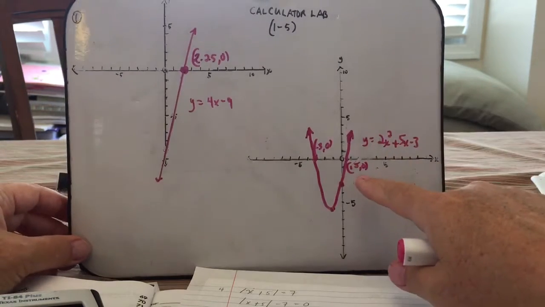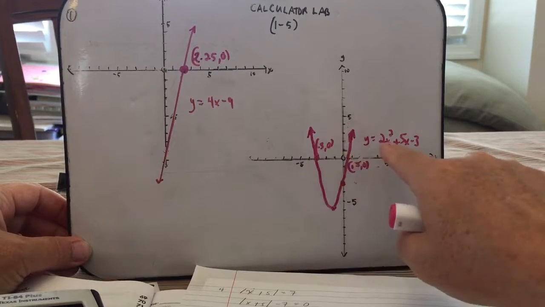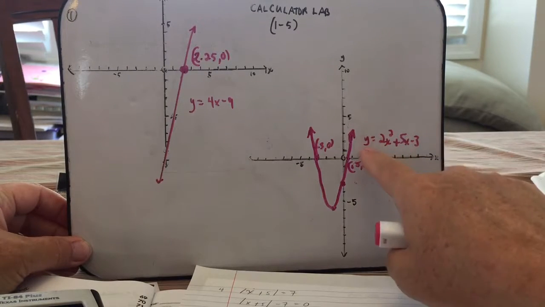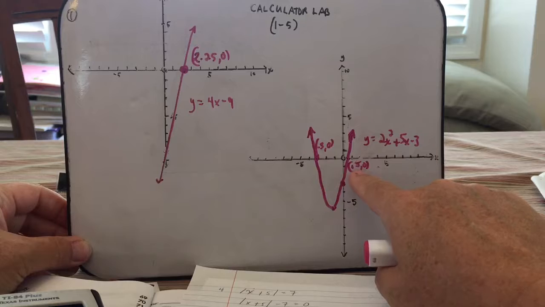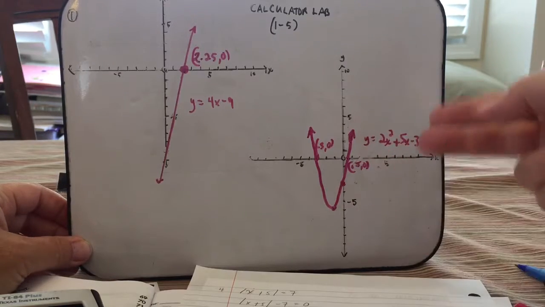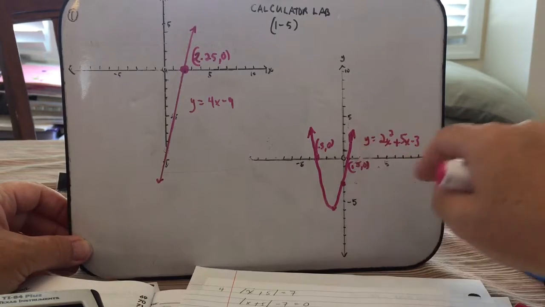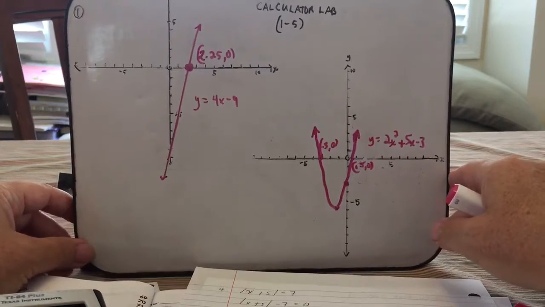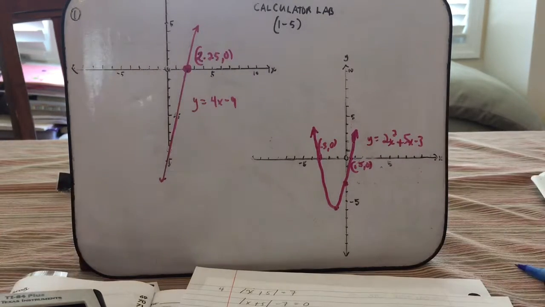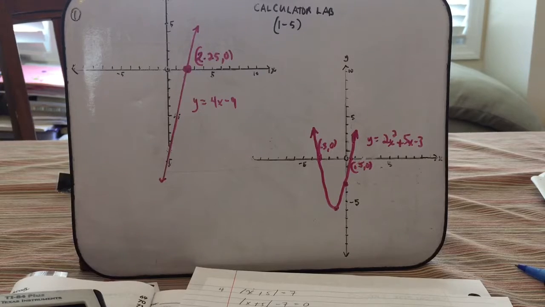Okay, now what does that mean? That means if I put a -3 into this function, the answer is 0. And if I put a 0.5 into this function and evaluate it, I get a 0. So there's two solutions to this function. There are two ways in which the function will yield a 0 when y equals 0. Remember, y equals 0, I'm on this x-axis. I hope I've showed you